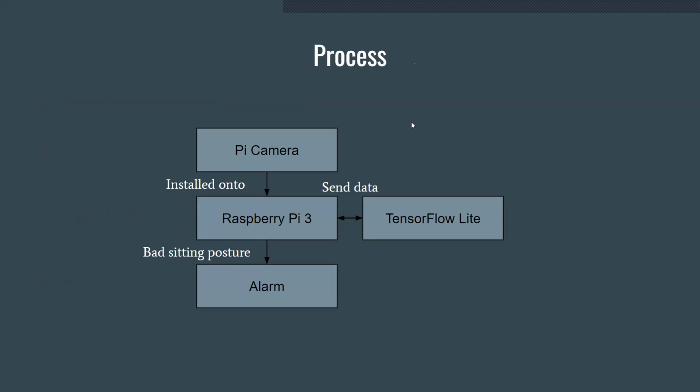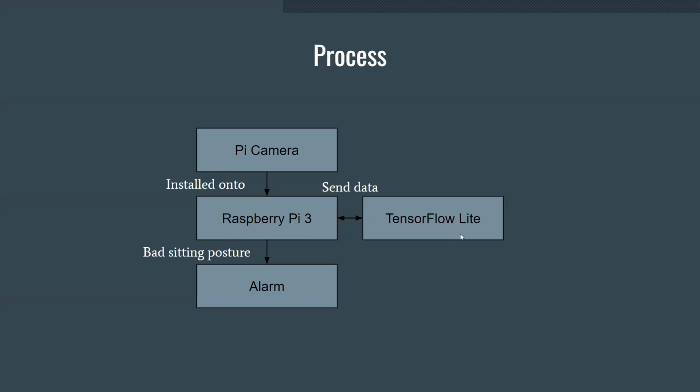And let me explain the process right now. At first, we use a Pi camera. It is a camera used by Raspberry Pi, installed onto Raspberry Pi. Actually, for the camera part, it can be any camera, but I use Raspberry Pi for my testing. It is installed onto Raspberry Pi 3, which is like a model of it. So I just call it Raspberry Pi,